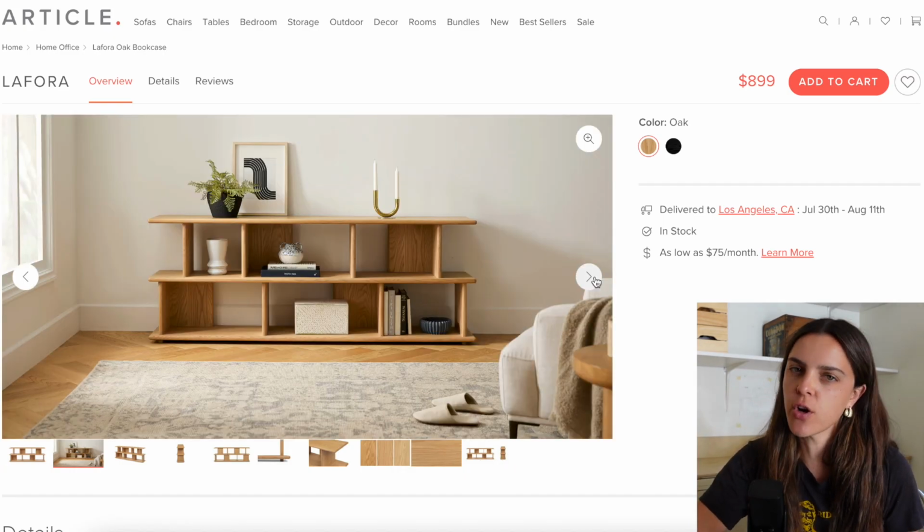So if you're looking for a console table or credenza, that's one of the areas I would recommend going vintage because you can find such cool things. And pieces like this nowadays aren't really made as well. Usually they're pretty cheap, or particle board, or I don't know. Article is pretty good. I mean, it's $900. If you're gonna spend $900 on an Article console, you could get something from First Dibs, in my